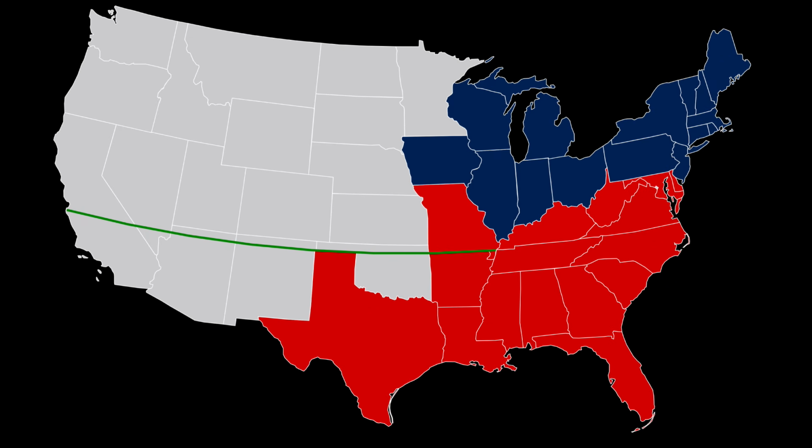as free states. The eventual compromise was largely shaped by Henry Clay, who played a central role in negotiating an agreement. The legislation had three main components. Missouri was admitted as a slave state, while Maine, which had previously been part of Massachusetts, was admitted as a free state to preserve the numerical balance in the Senate.